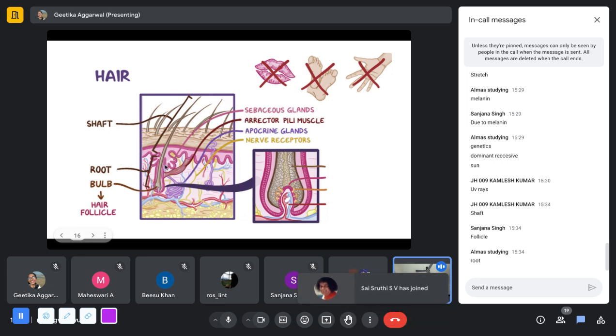And we have certain glands that are associated with the hair. We have these sebaceous glands, as we discussed earlier, which secrete oil that keeps our skin moisturized. We have these arrector pili muscles, which are responsible for which phenomenon? Can you name the phenomenon that arrector pili muscles are responsible for? What is the phenomenon that these muscles control? The arrector pili muscles.